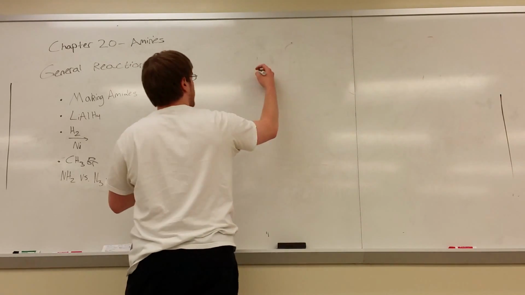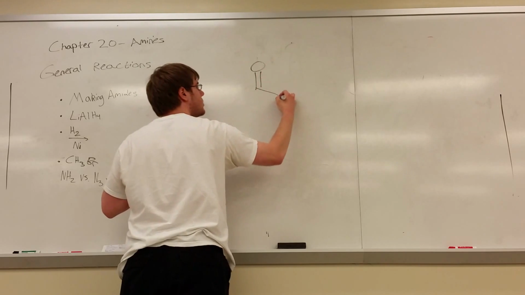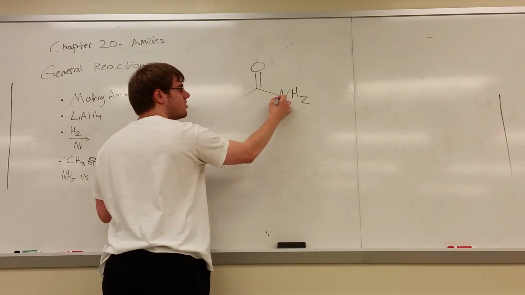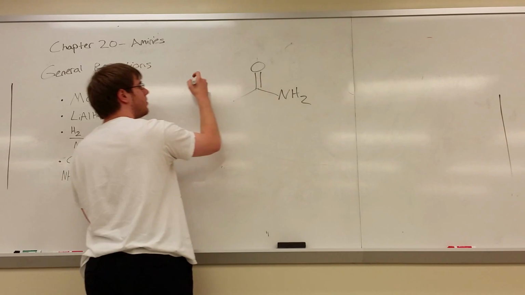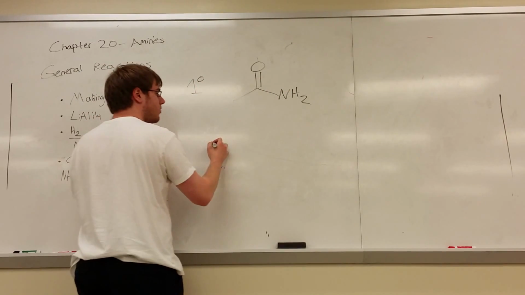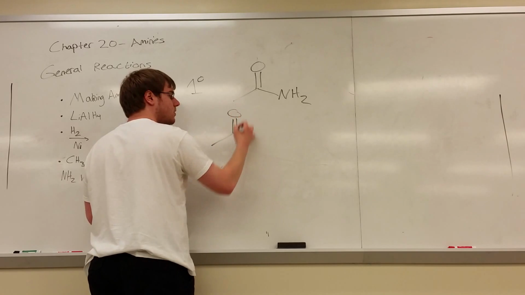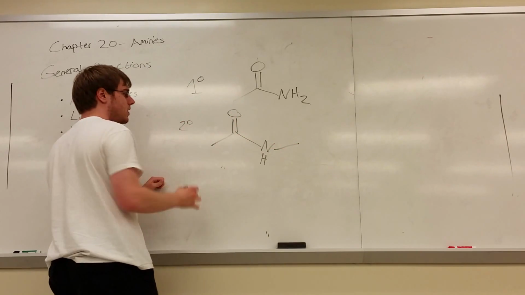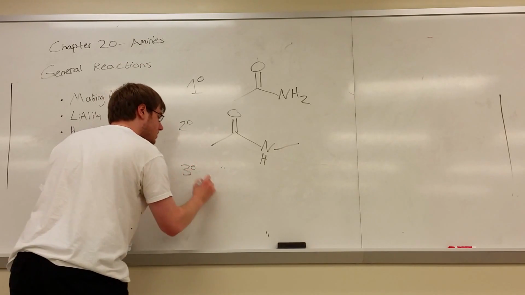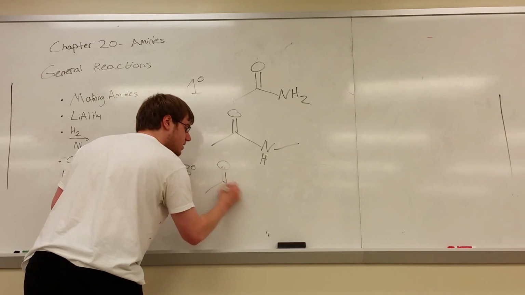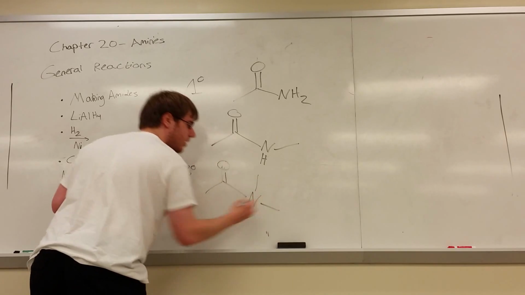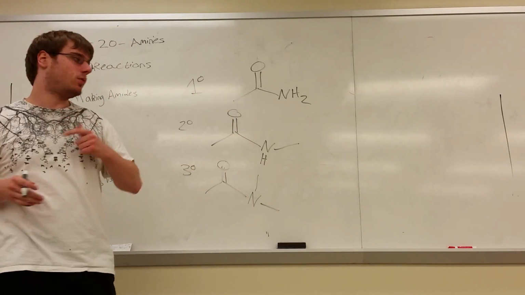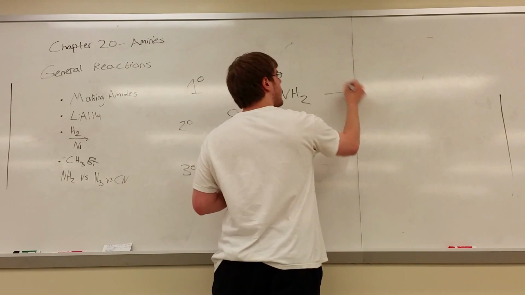So, let's draw out that amide again. NH2. We call this a primary amide because the nitrogen is only attached to one other carbon, so primary amide. And then of course we have secondary amides where it's N with one hydrogen and two carbons attached, so secondary. And we have tertiary amides where the nitrogen, if you can guess it, is connected to three carbons, like that. Okay? Now, all three of these follow the same exact rule when you react them with